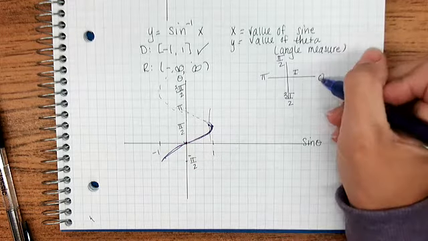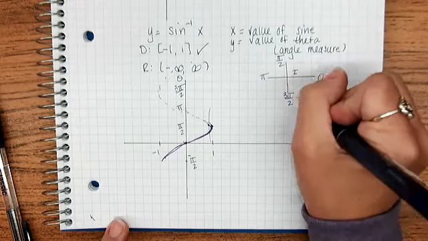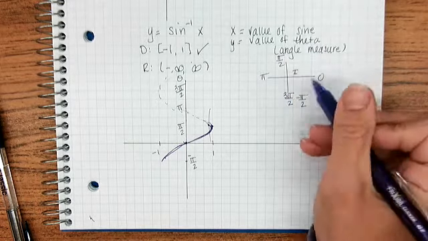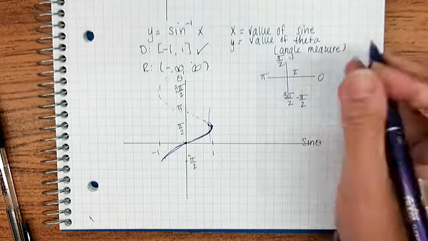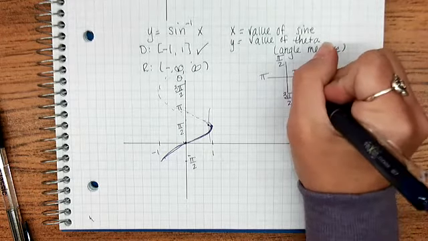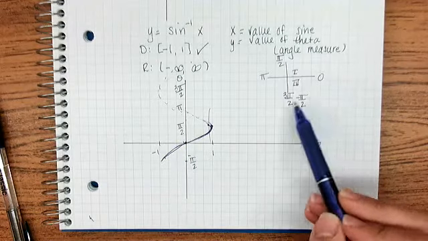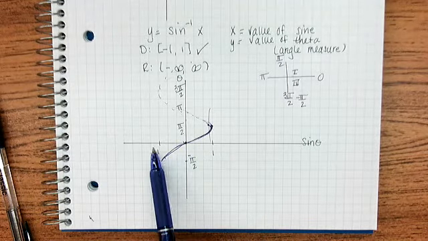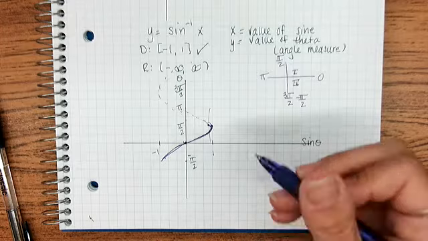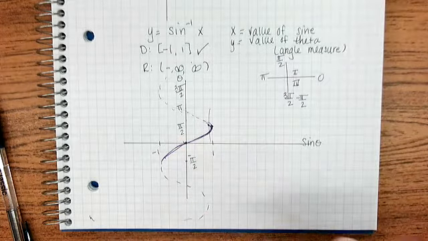Well, is 3 pi over 2 the same thing as negative pi over 2? Those are the same. Going around counterclockwise, going clockwise, those are the same value. This is quadrant 4 on the unit circle. From 0 to negative pi over 2 is quadrant 4 on the unit circle, and that covers all of my negative sine values. So I'm going to erase this, but if I were to keep going, right, you have the